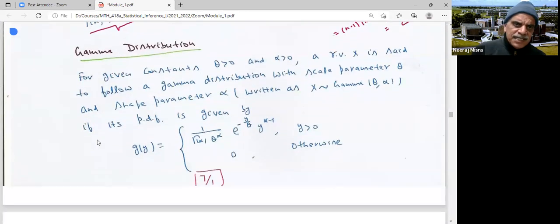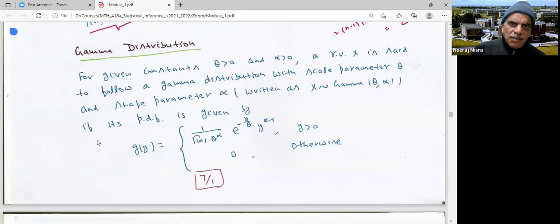And you have already seen what a gamma distribution is. The gamma distribution is a distribution whose support is 0 to infinity. That means it takes only positive values. And its PDF is given by 1 upon gamma alpha, theta to the power alpha, e to the power minus y by theta, y to the power